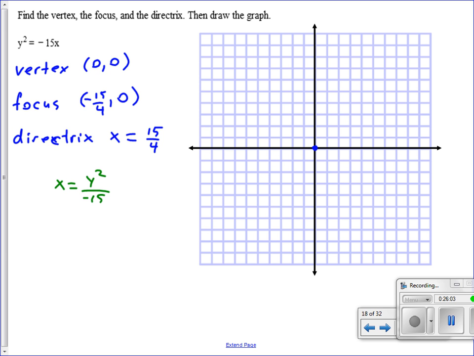And then what they're going to do is, most people do it this way. You don't have to, but a lot of people are more comfortable with this. They're going to plug in numbers for y and then figure out what it's going to be. So they may plug in, let's say, 5, and that'll be 25 over 15, so it's going to be some negative something or other. But there's no real good, fun thing to plug in here. If I plug in 5 for y, that's 25 over negative 15. It's what, negative 5/3,